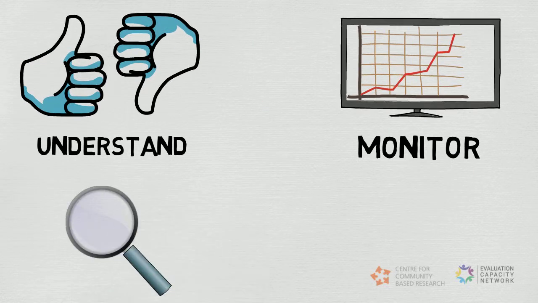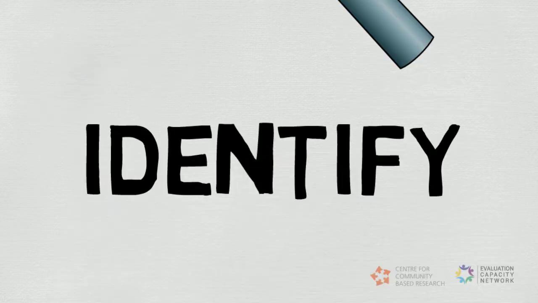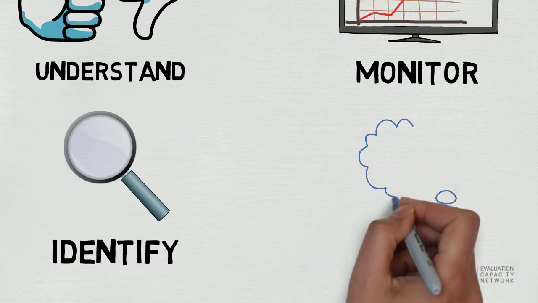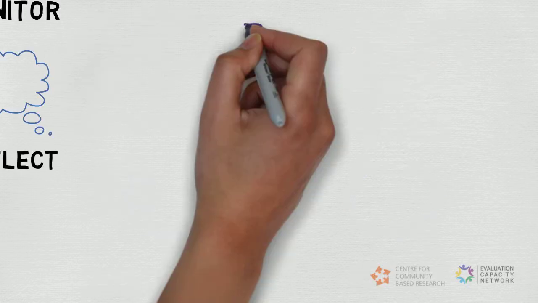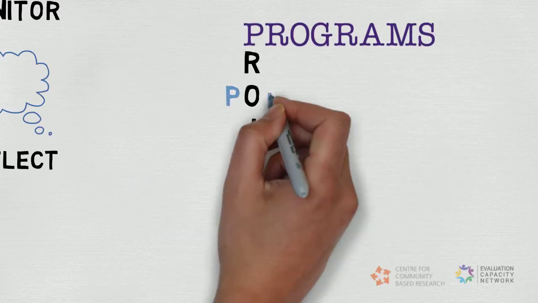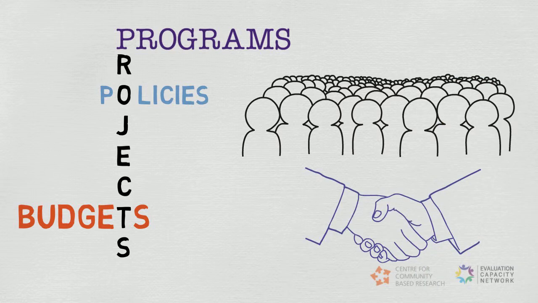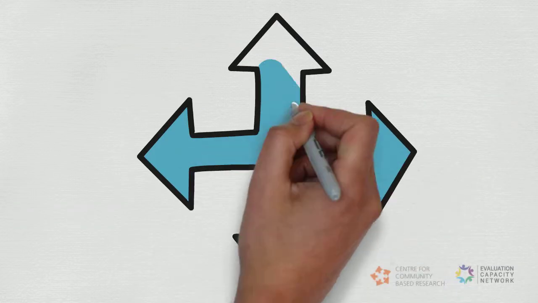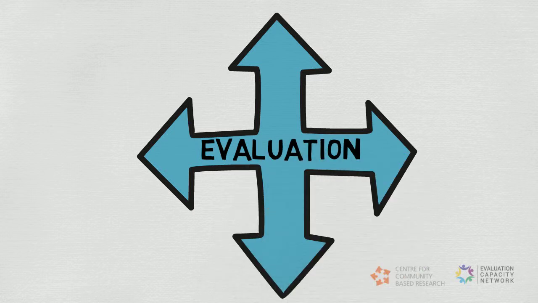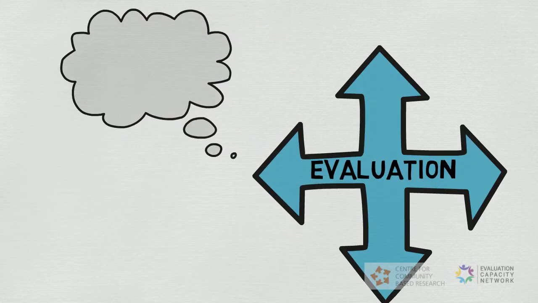monitor how an effort is progressing, identify opportunities for improvement, make decisions, ensure accountability, and reflect on our work. We can evaluate programs, projects, policies, budgets, people, partnerships, or any other tangible output. There are various approaches to evaluation, and each is designed to reflect what is being evaluated. Evaluation can happen at any point of time, and many evaluations work alongside the life of a project, policy, or